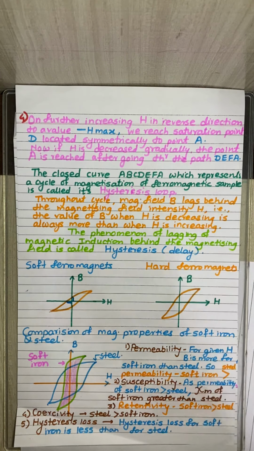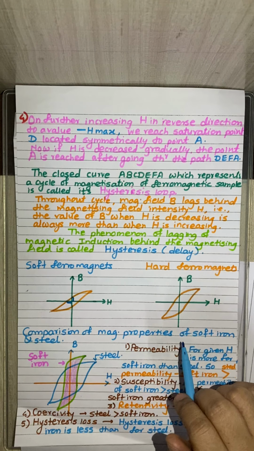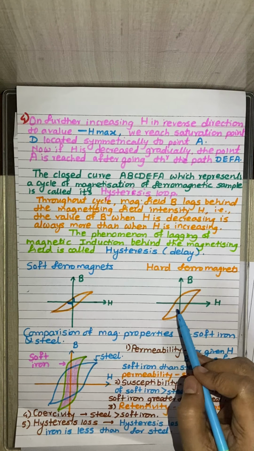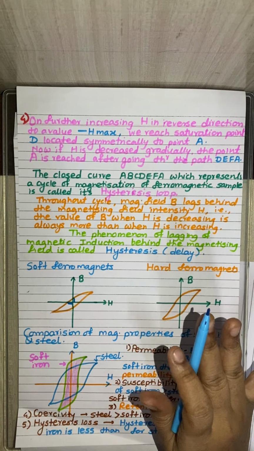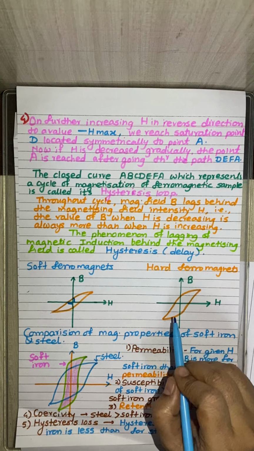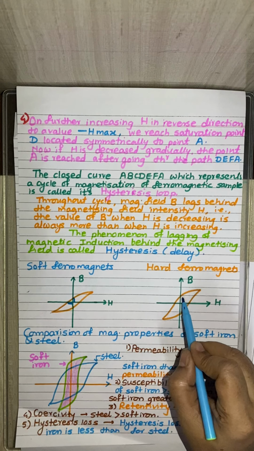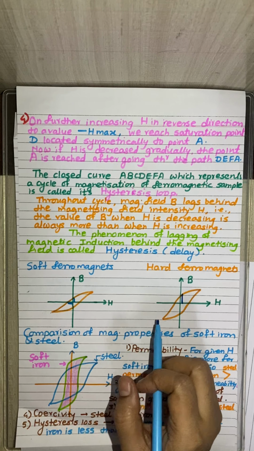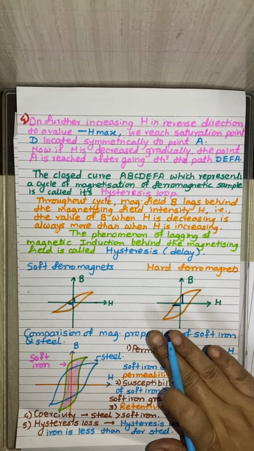Now let us go for the second one, that is called a hard ferromagnetic material or hard ferromagnets. You can see the difference between these two hysteresis graphs also. Now these are the ferromagnetic materials which retain magnetism even after the removal of the external magnetizing field, that is H, isn't it? Such materials have a wide hysteresis loop. That means they have high retentivity. You can see that this is a high retentivity as compared to this, and they have the large coercivity also. So coercivity is also larger, and they have high hysteresis loss.